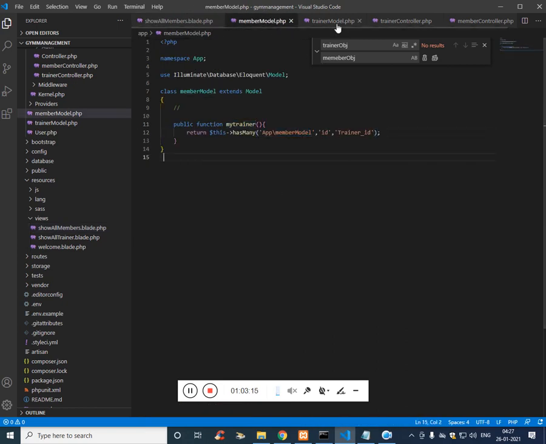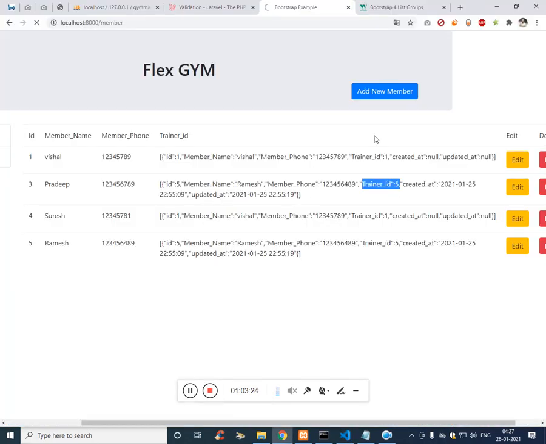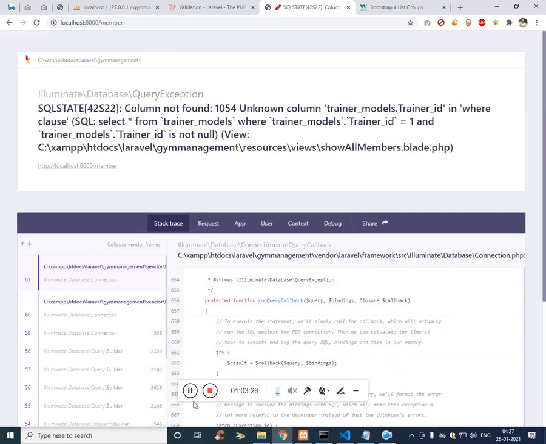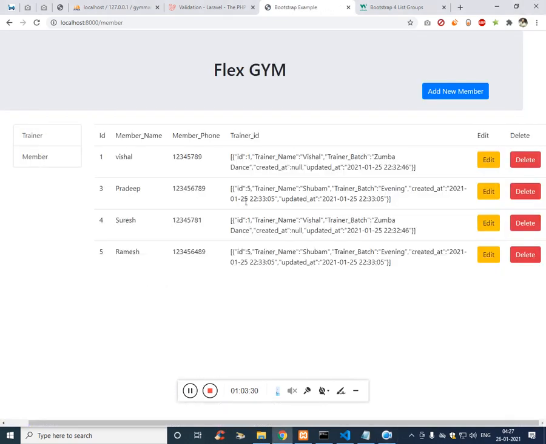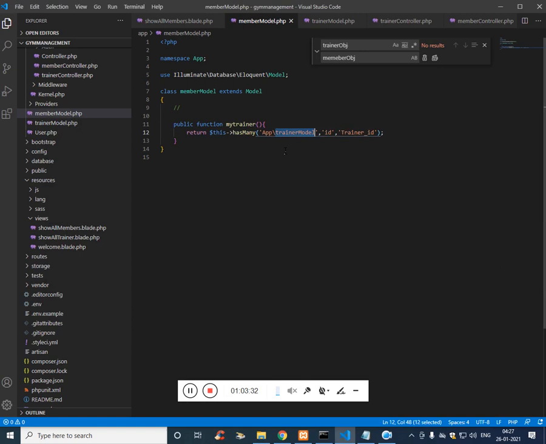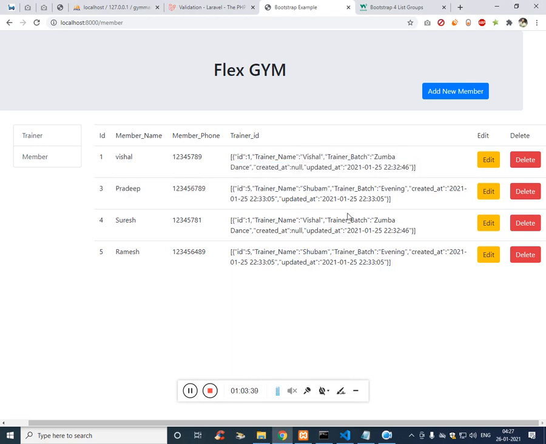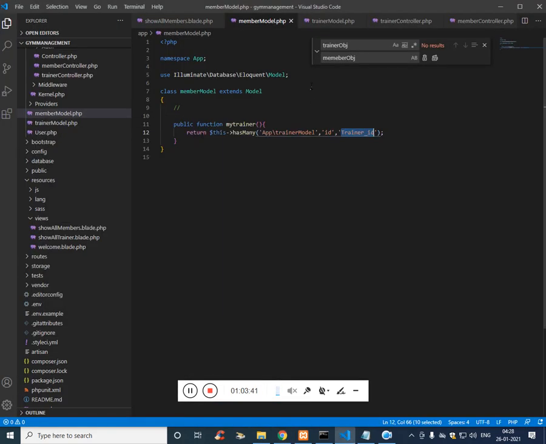So let's try to add this table and change the order. There's an error, and now if you notice, I have passed the trainer and used the ID, and this is the foreign key, and now these are available in the array format. Now we have to retrieve those values.